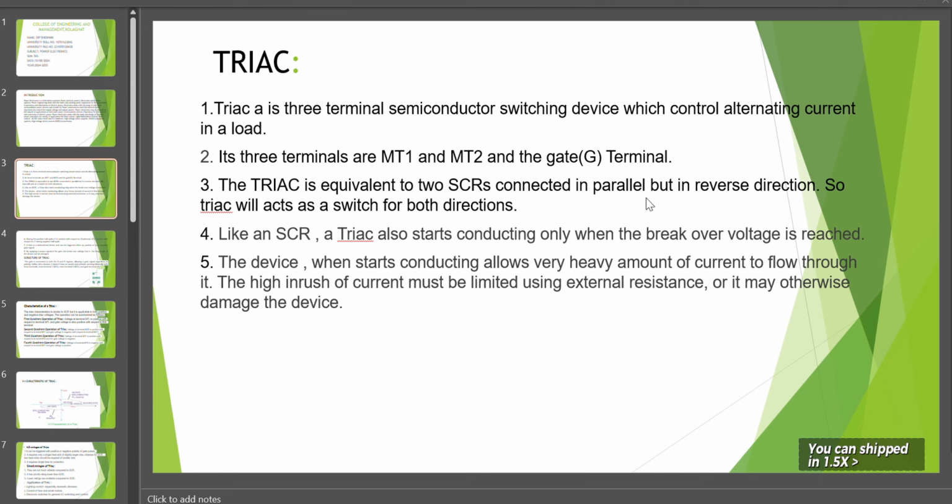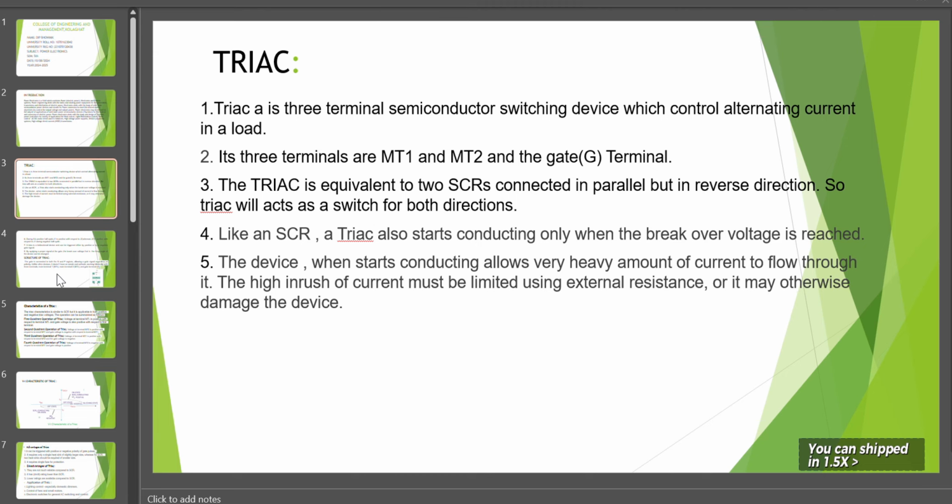Fourth, like an SCR, একটা SCR এর মতো a triac also starts conducting only when the breakover voltage is reached. যখন ব্রেকওভার ভোল্টেজ রিচ করে তখন ট্রায়াকটা কন্ডাক্টিং শুরু করে মানে অন হয়। Fifth, the device when it starts conducting allows a very heavy amount of current to flow through it. মানে যখন কন্ডাক্টিং স্টার্ট করে ট্রায়াক নিজের মধ্যে দিয়ে বেশি পরিমাণে কারেন্ট ফ্লো করতে কোনো বাধা দেয় না। The high amount of current must be limited using external resistance, মানে বেশি কারেন্ট ফ্লোকে বাইরে থেকে রেজিস্ট্যান্স দিয়ে রেজিস্ট করা হয়, or it may otherwise damage the device. বেশি কারেন্ট ফ্লো হলে ডিভাইসটি ড্যামেজ হতে পারে। ওকে, নেক্সট স্লাইড।